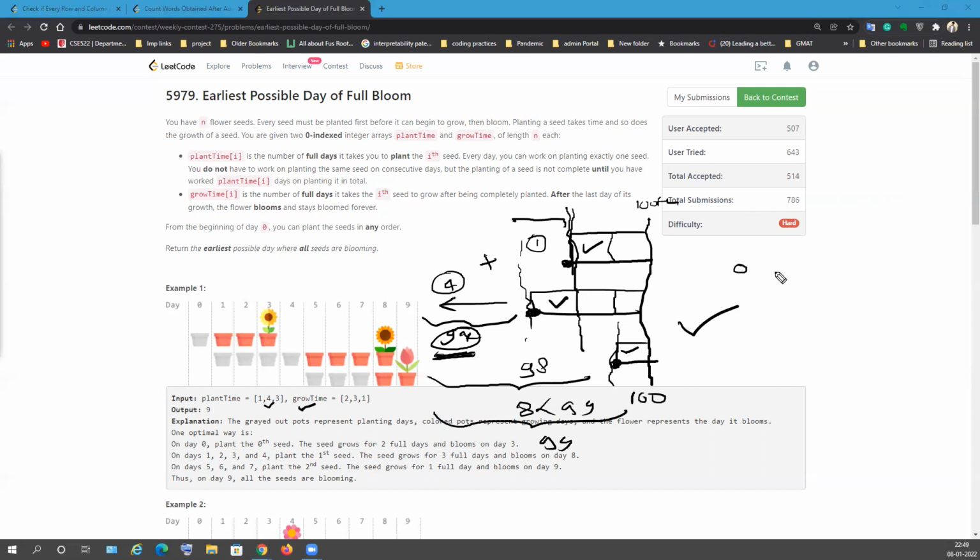Now we will check the mid value of this. Binary search is like this only. So 50, same thing we will do for 50. 50 is also a possible answer. Then we will check for 25. And in this way, we will keep checking and we will get our answer, right? So this is the solution for this particular problem.